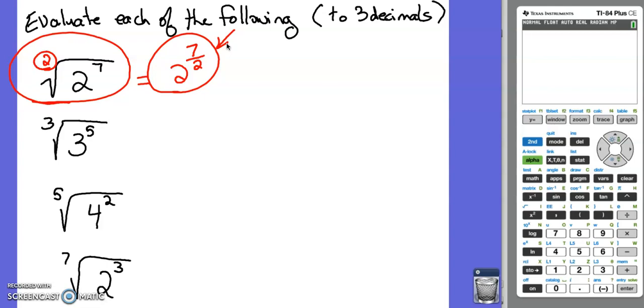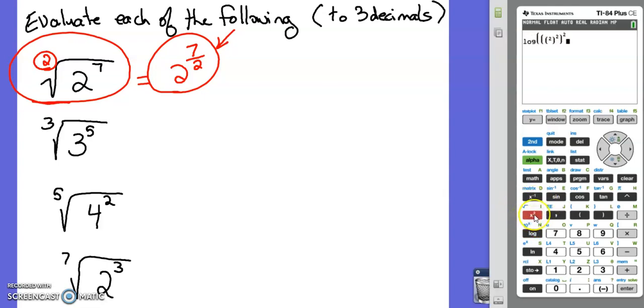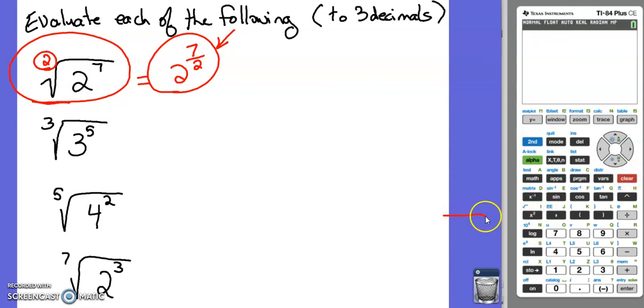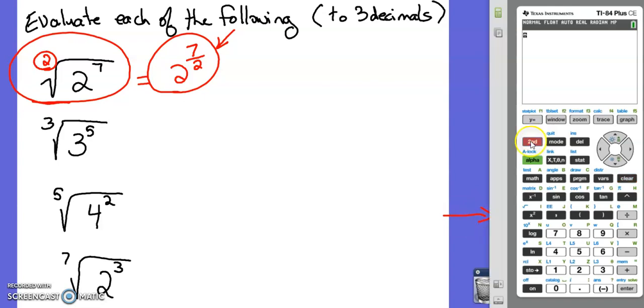So let's first plug in the square root. If you look at this right here, the button's right there. But notice it's in blue, so I'm going to use the 2nd and then the x squared button, so I have a square root, and then it's 2 to the 7th power. So push 2, and remember this caret button right above the division raises it to a certain power,